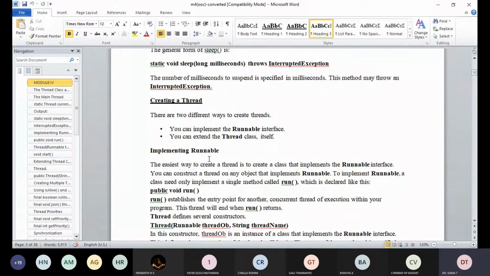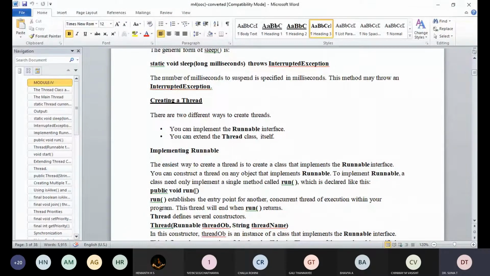We can construct a thread of any kind of object which implements Runnable. To implement Runnable, a class need only implement a single method called run, which is declared as public void run.